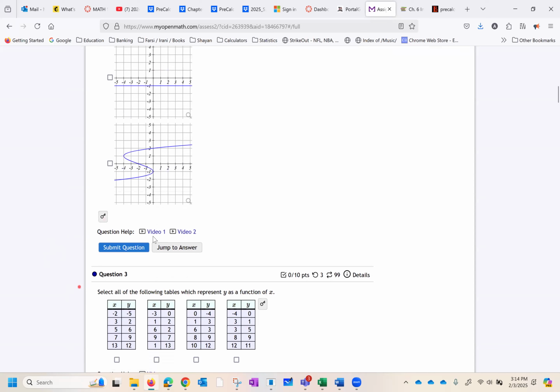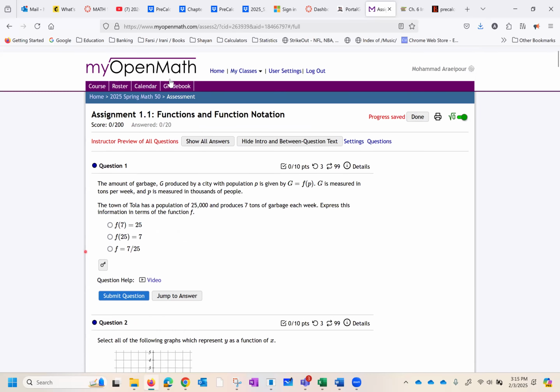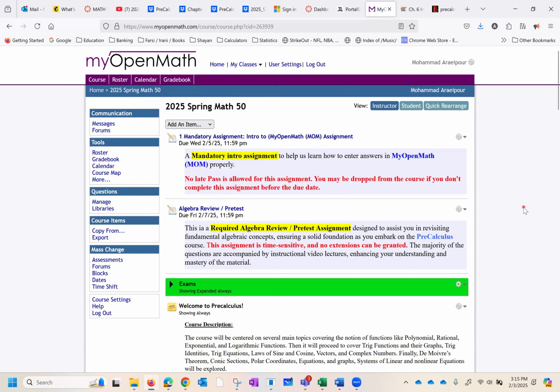So in this case, there are actually 2 videos. So I hope you realize how easy it is to do your homework because there's a lot of help available. And most importantly, you don't have to worry about the number of times that you do it. I keep the best score as long as you do it before the due date, okay?